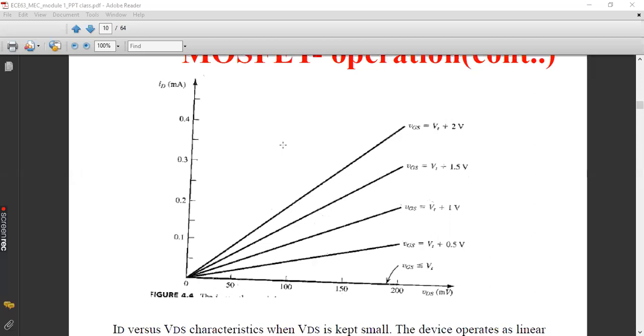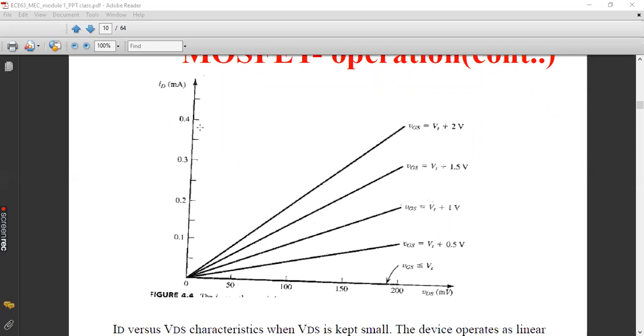While drawing the graph, the x-axis label should be there, VDS, small letter V with capital subscript. That is very important. Small letter V with capital subscript DS. Similarly, small letter I with capital D, ID. What is the significance of using this small letter and capital letter together is, it is to identify that the voltage is a combination of both